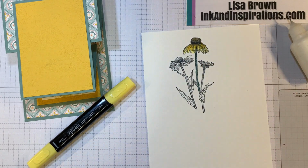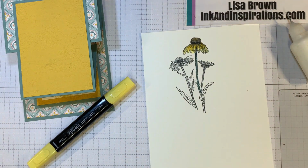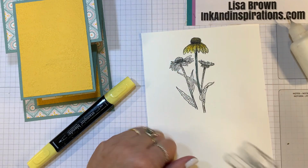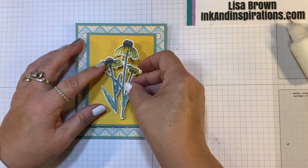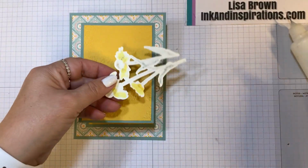Okay, so after I colored all of that, I used the coordinating die from the bundle, and I die cut that out on my Stampin' Cut and Emboss machine. Okay, so let me show you the finished piece here. See how pretty that is? And it just stands out against that